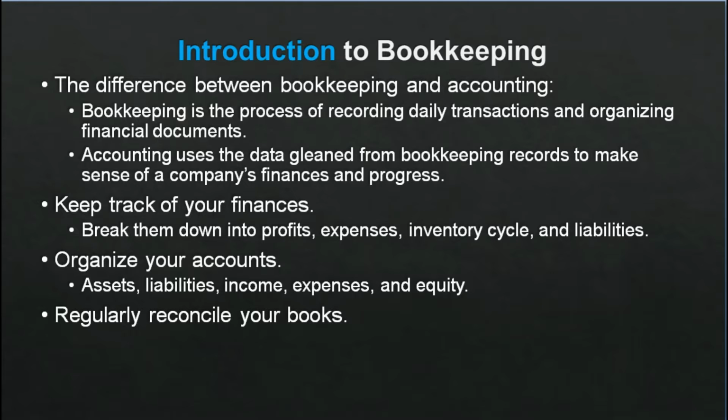It might seem like something you can handle yourself or something you'd rather outsource, but either way, you should understand how it works. When bookkeeping, there are 3 main things you need to do. 1. Keep track of your finances. When bookkeeping for your small business, you can break down your finances into 4 categories: profits, expenses, inventory cycle, and